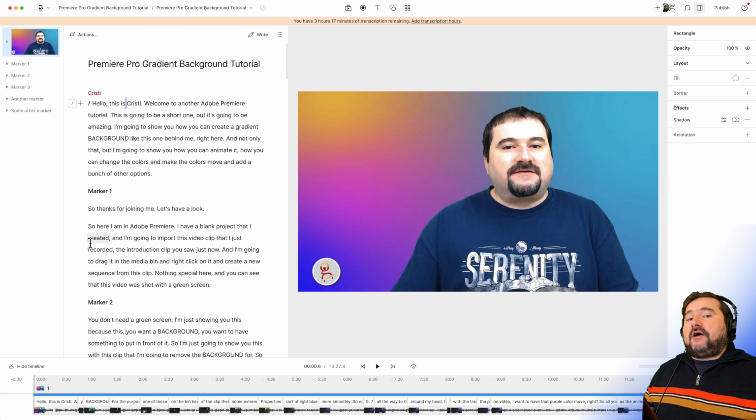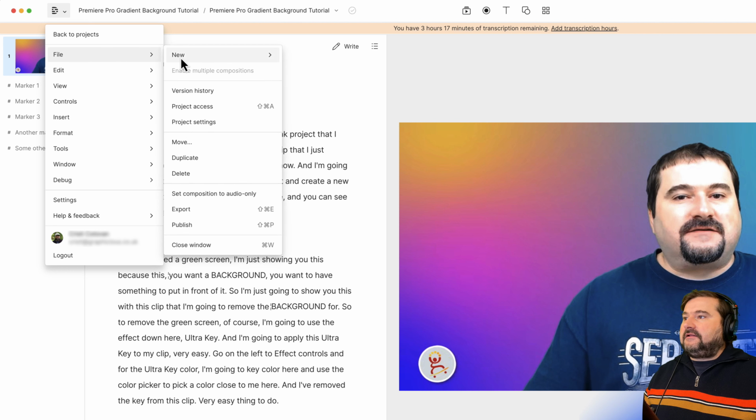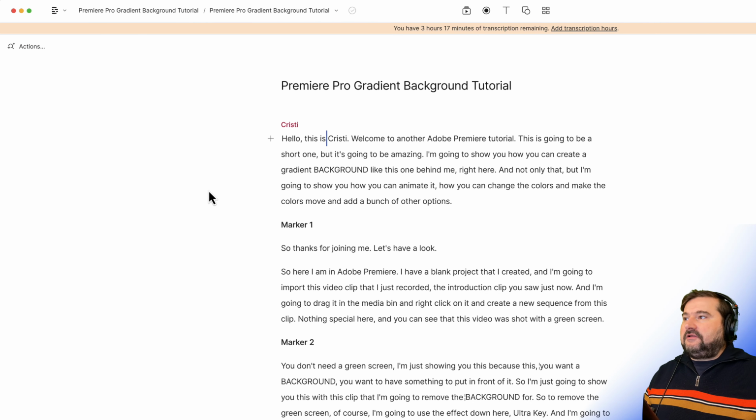The second change: you may remember from one of my previous videos where I complained about the fact that the marker navigation has been removed from audio-only compositions. And sure enough, I've got a few markers in this composition here. You see them in the text there, and they also show on the sidebar if your composition is video. But if your composition was audio only, all of the sidebar disappeared. So you went to File and Composition to audio only, and now the sidebar is gone. I see my markers in the text, but I couldn't see them anymore to navigate.